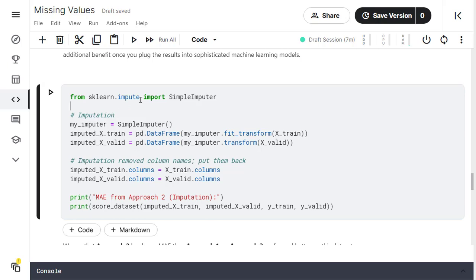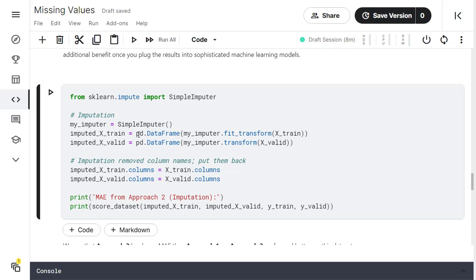From sklearn.impute module, we are importing SimpleImputer. We are creating an object of simple imputer, my imputer. Using that object we are fit transforming the X train features. Using my imputer object we are running the transform function on the X validate features.